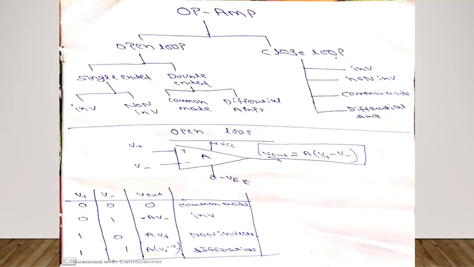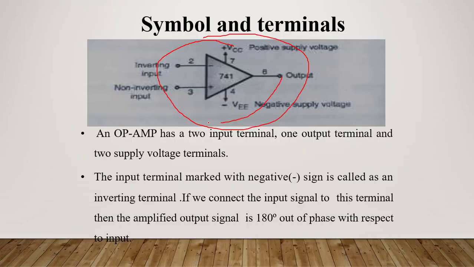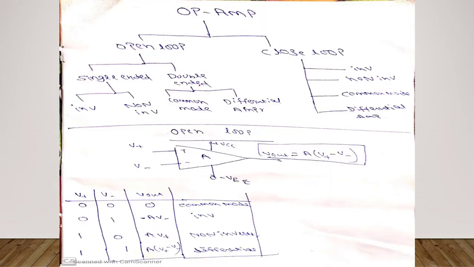Closed loop means we have a connection from output to input. If the output is connected to pin number 3, this is called positive feedback. If it is connected from output to pin number 2, this is called negative feedback. Remember one thing: we usually use negative feedback everywhere in op amps, and positive feedback very rarely. Only in the Schmitt trigger and a few other cases we use positive feedback; in all the other parts we use negative feedback only. Now, what is open loop? There is no connection between output and input, and closed loop means there is a connection.